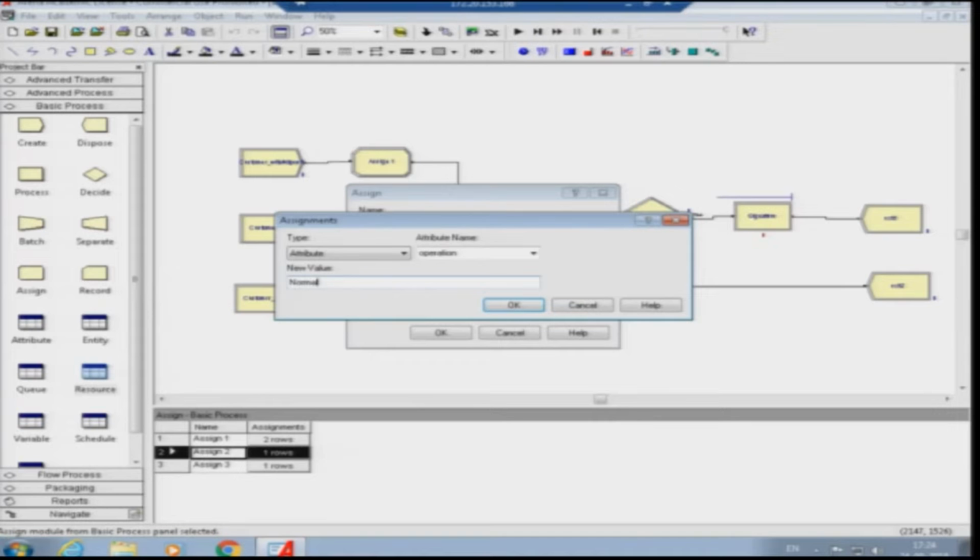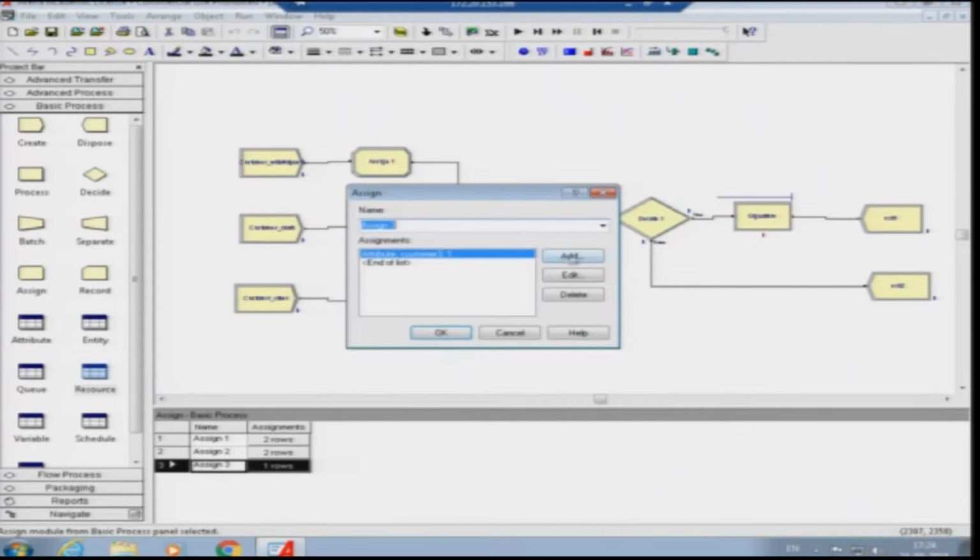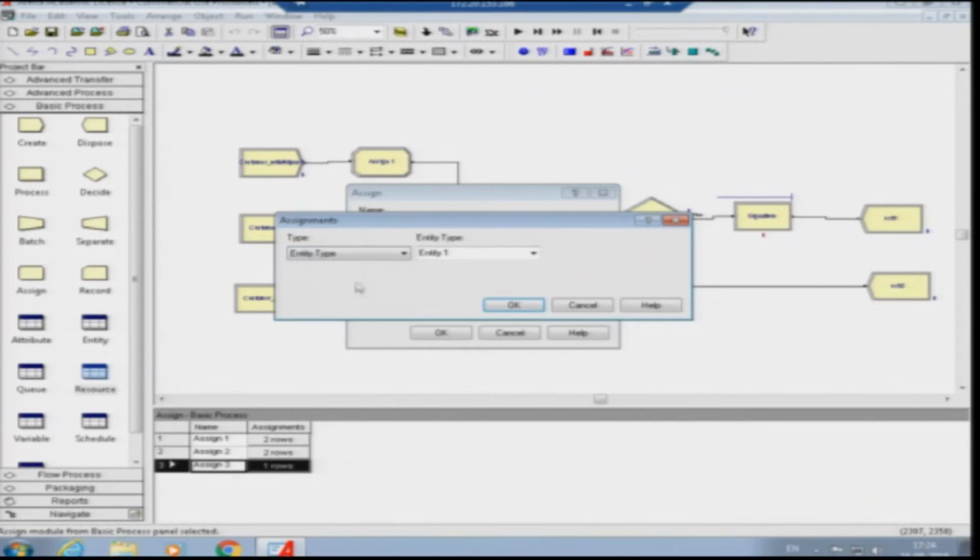Again it uses a normal distribution with, say, 4 as the mean and 1 as the standard deviation. Very similarly for the third case, we add an attribute named operation, and this value is normal 7,1, where 7 is the mean and 1 is the standard deviation.